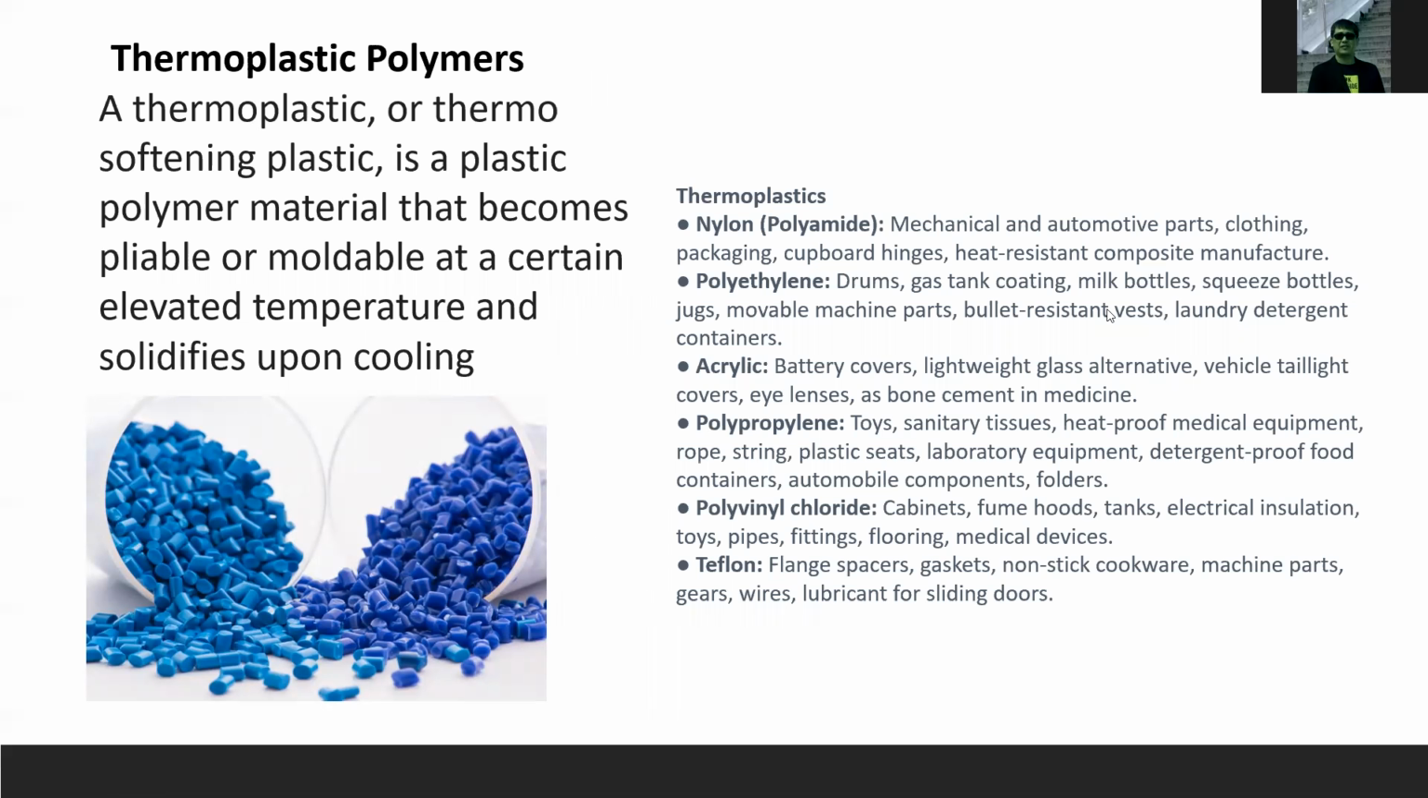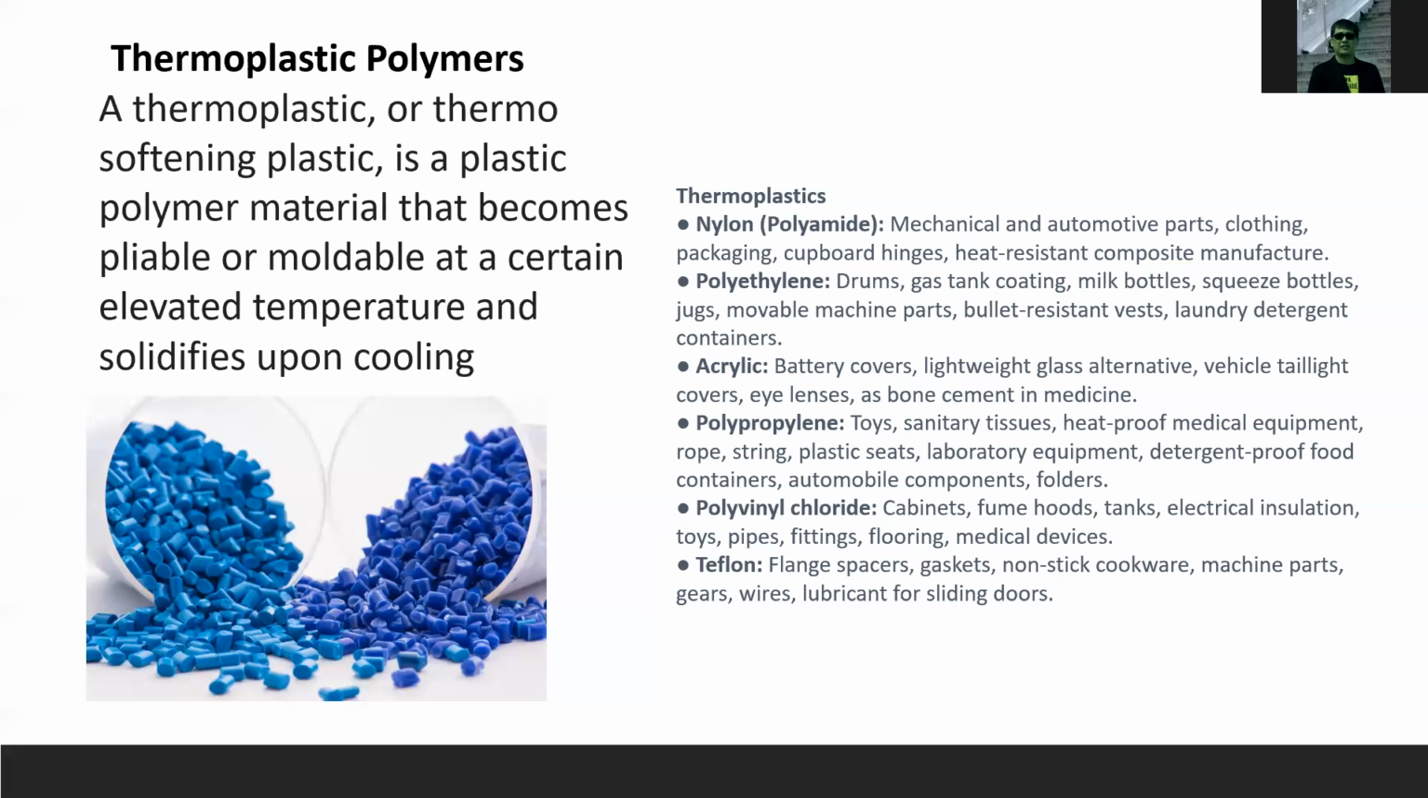Thermoplastic polymers, or thermosoftening plastics, are plastic polymer materials that become pliable or moldable at a certain elevated temperature and solidify upon cooling. Samples of thermoplastics are nylon or polyamide, used for mechanical and automotive parts, including packaging, cupboard hinges, and heat-resistant composite manufacture. We have polyethylene, which is used for mineral water bottles, milk bottles, movable machine parts,